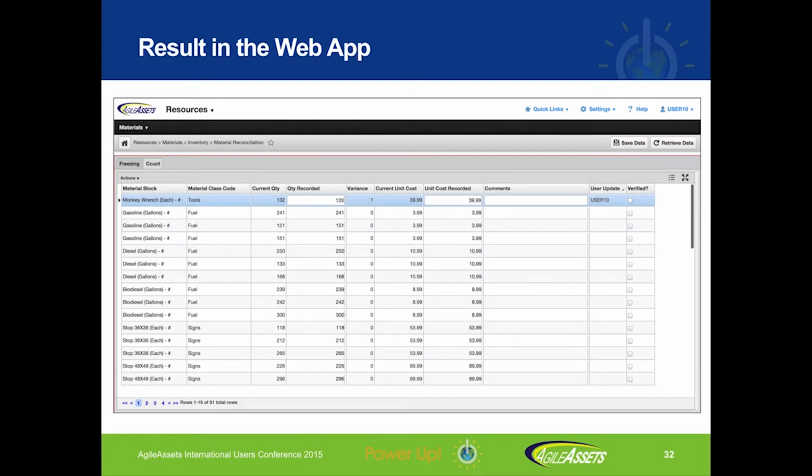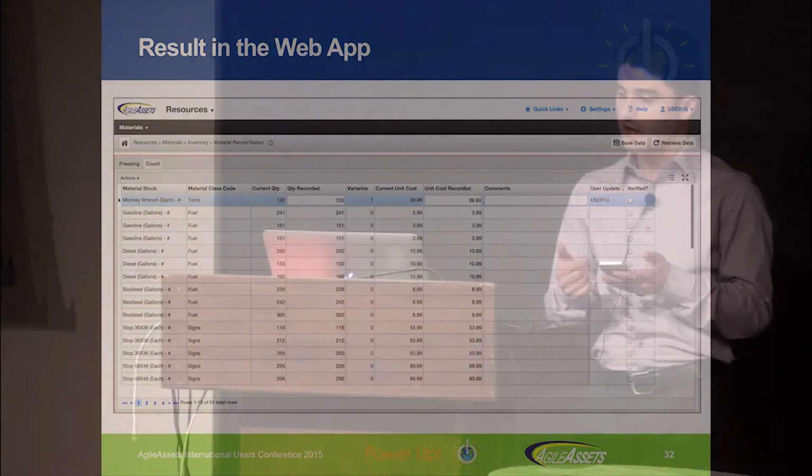So I'll continue reconciling items one by one. And also, as you can see, now the count is changed to 48. When I'm done with all the items, then it's the time that someone, the supervisor in the main application,